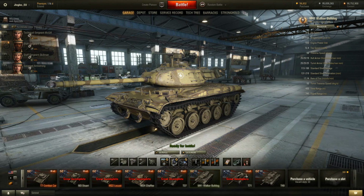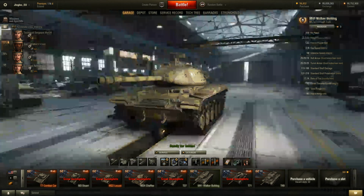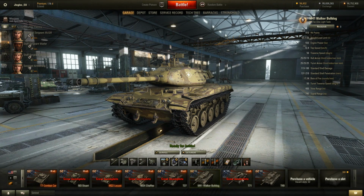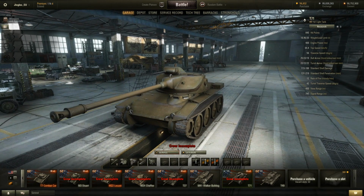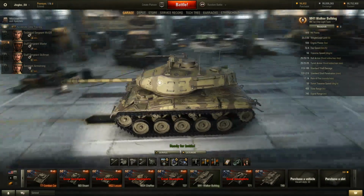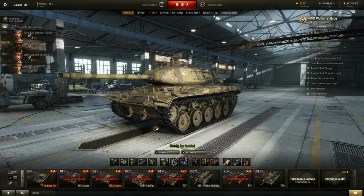And the stats difference between the Bulldog and the T71, they're only really significantly different in top speed, 72.4 kilometers per hour versus 64.4, and there's not that much of a difference, and the T71 still does have a slightly better power to weight ratio. So as far as functional mobility is concerned, they both have the same traverse. Yeah, alright, the Walker Bulldog turns its turret significantly faster, so it's a better close range dogfighter than the T71,